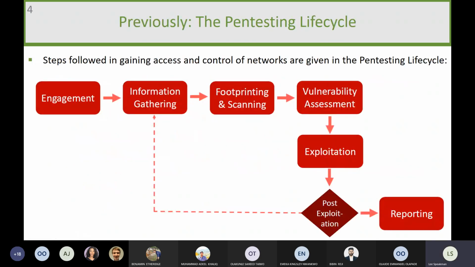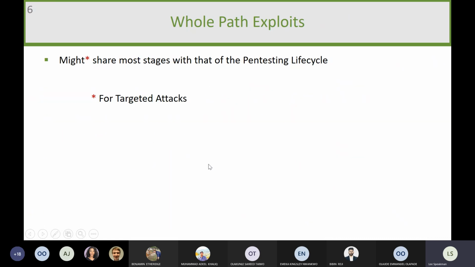Okay, so we've covered the pen testing lifecycle, which is what a friendly guy does, a pen tester who should help a company. But it's the middle part of this: information gathering, footprinting and scanning, vulnerability assessment, exploitation. Then post-exploitation, you can go deeper and deeper, pivoting or leveraging your way into new systems and finding more information. This is also what an attacker does, so a pen tester replicates that. But then ultimately, a pen tester would do some reporting. So what we looked at